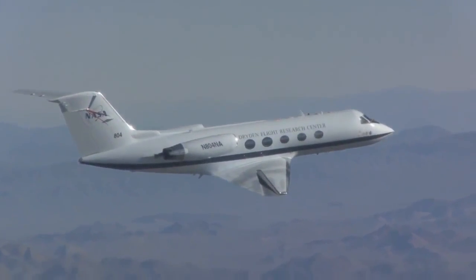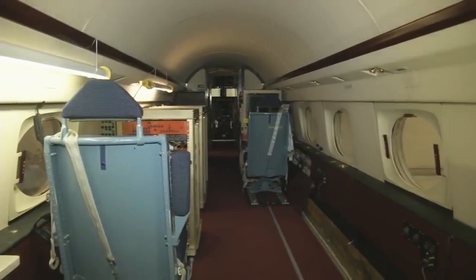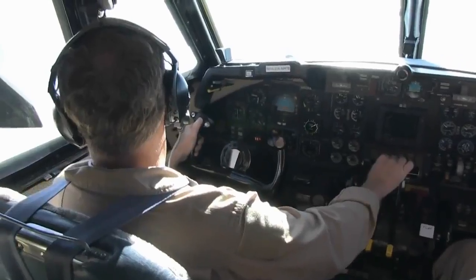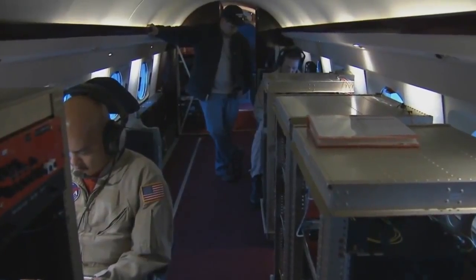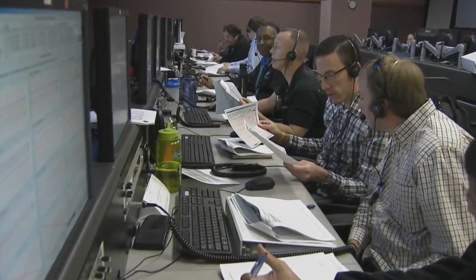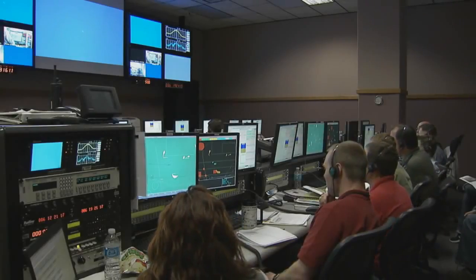So the next step for the NASA researchers is to fly the Flexsys system on the Gulfstream. The entire aircraft has been stripped down and is now a flying test bed. Generally on these types of research flights, there will be a small crew: 2 pilots up front, and several engineers sitting in the back to monitor the data. That same data is also beamed down to the engineers on the ground to validate the wind tunnel and computer models. After all is said and done, this new technology has the potential to be a real game changer in